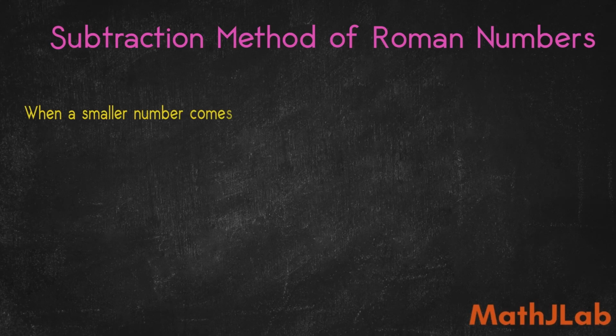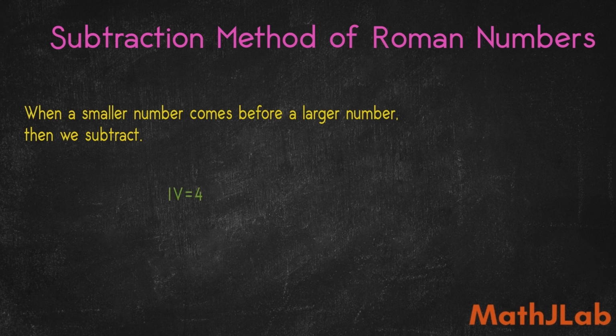In the Roman number system, when a smaller number comes before a larger number, then we subtract. Let us explain it with an example. We know IV equals 4. Here I is smaller than V, and we subtract I from V, that is, V minus I, that is 5